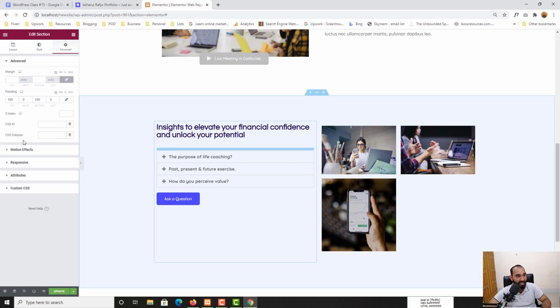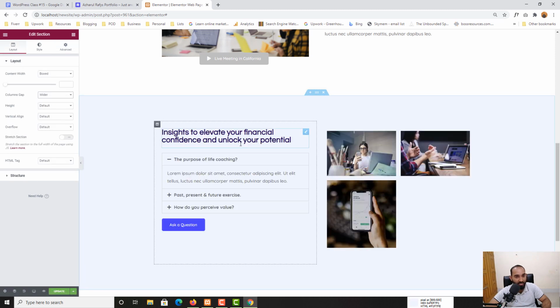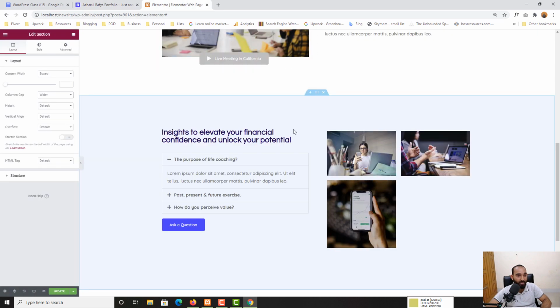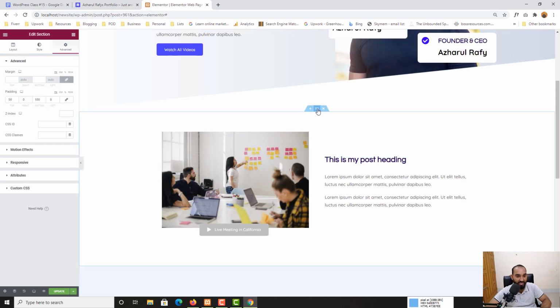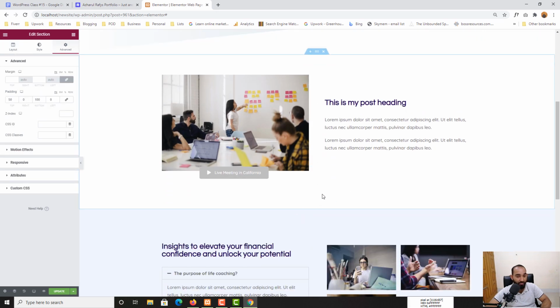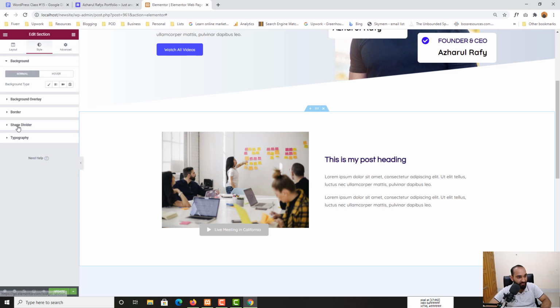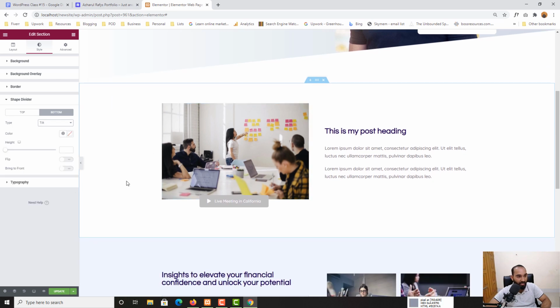If I click here again, I'll be able to give some column gaps, let's say wider. Just take a look how beautiful it is looking as of now. Now I want to add these things here, right? So in this section, in the bottom, I want to give some shape divider. So click here, and after that I want to take you to styles, and then from shape divider, from bottom I want tiled,